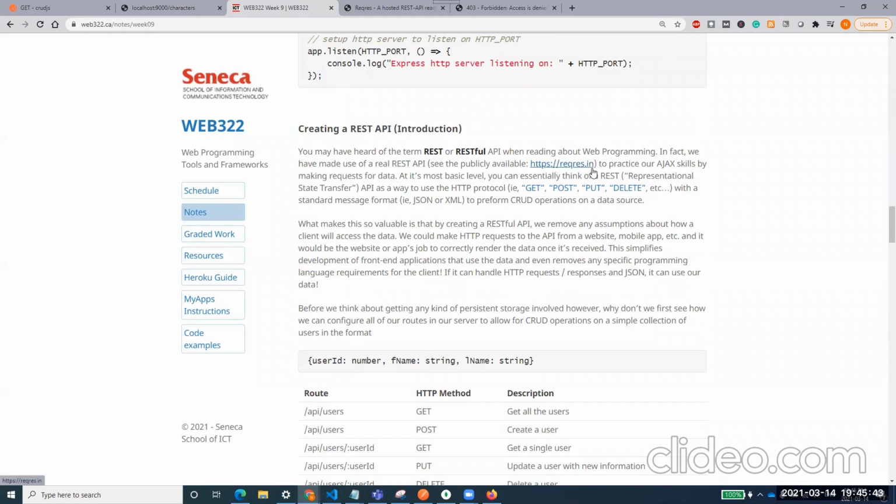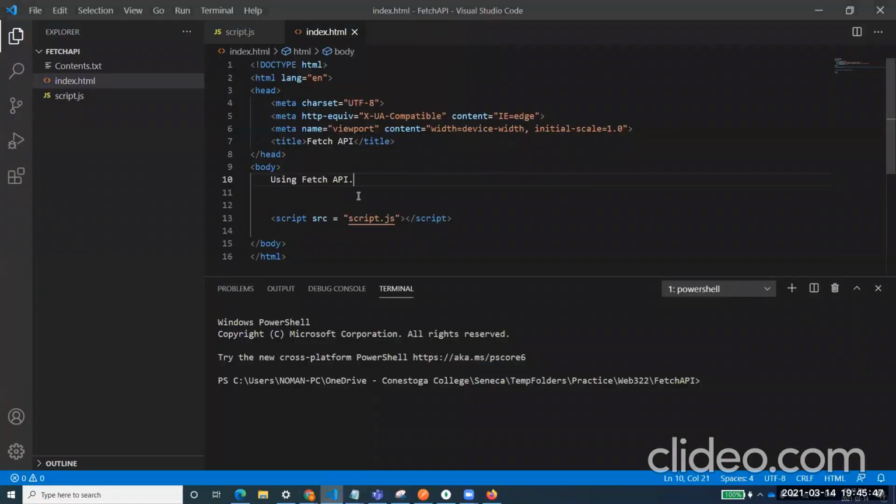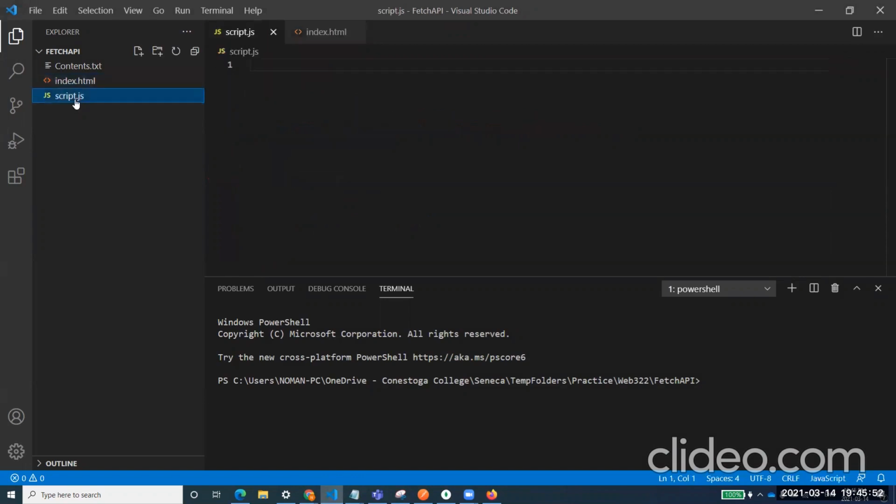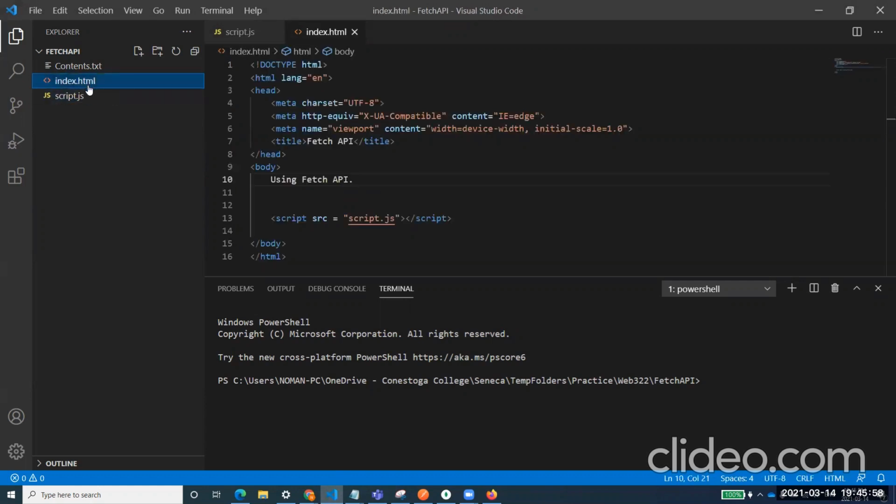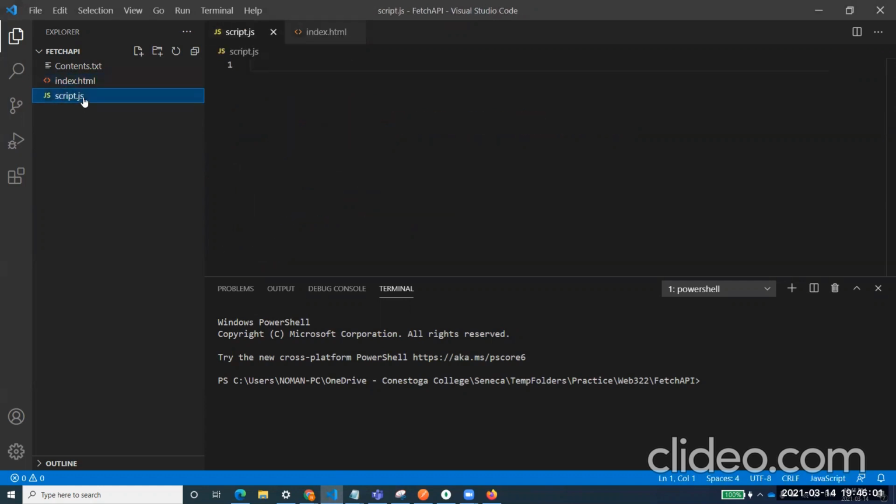I wanted to give you a quick introduction of how to work with that Fetch API by considering a simple environment. This is a very simple environment over here. I have got a folder where I've got these two files, only index.html and script.js. It's just for the introduction of that particular thing. And also, I'm running a local server, like an HTTP server. I don't need to run Express right now because I'm just giving you the quick introduction of